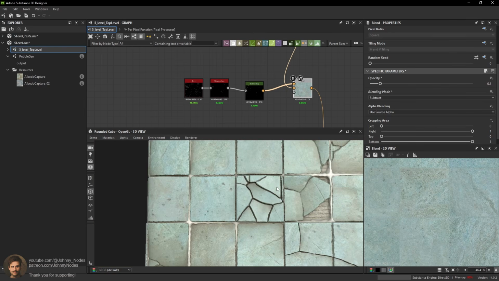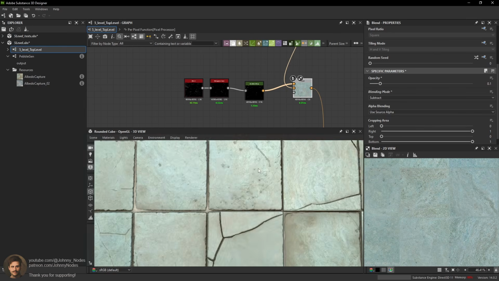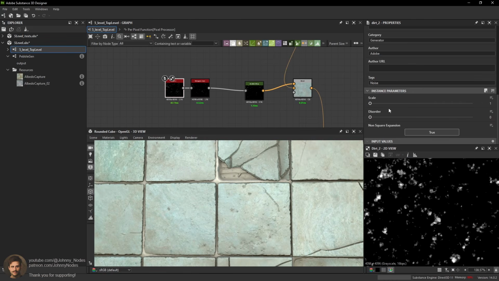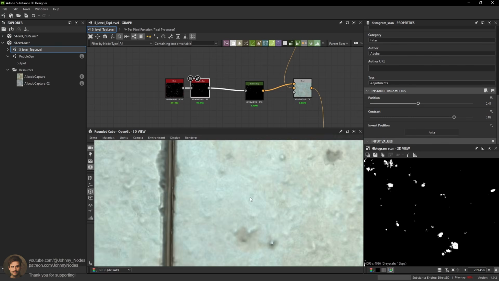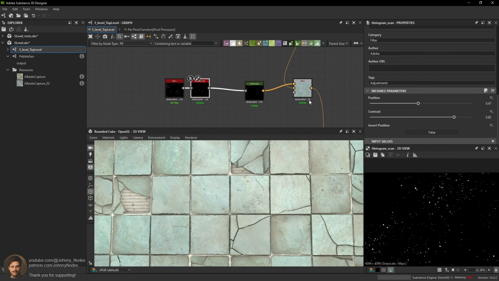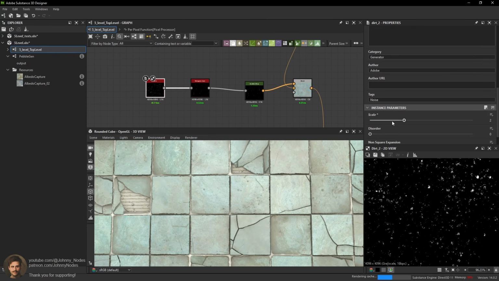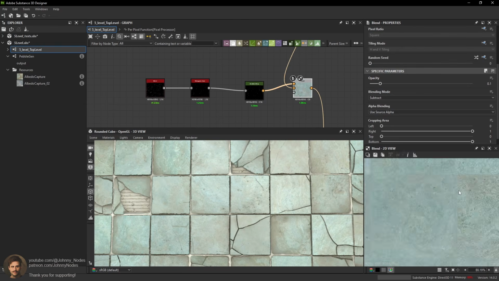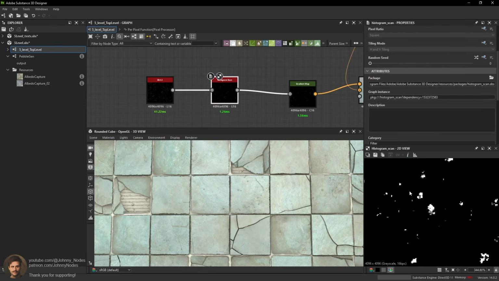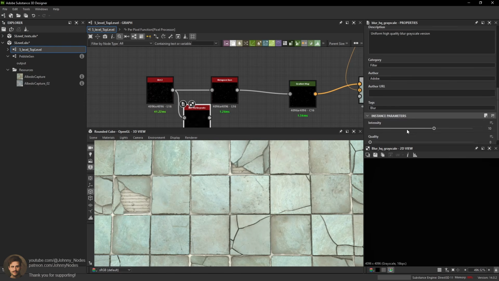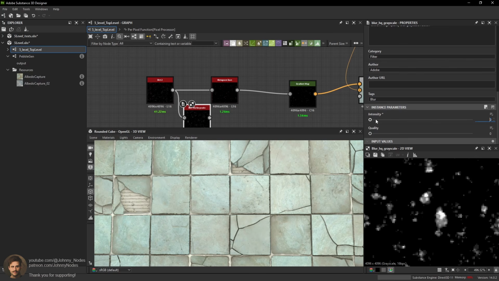Right? So you could do something like this just to add a bit of those speckly details. But I'm not crazy about this right now. First of all, I'm not crazy with how they're still a little big. So you could get more of them. And I think that's better. Their edges are also a little bit raggedy for me. Depends again on the style you're going for, right? This depends on the project you're working on, or what you're trying to build, I guess. But I'm going to blur these a little bit,